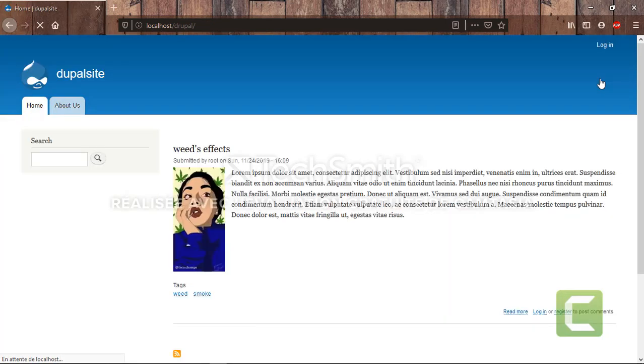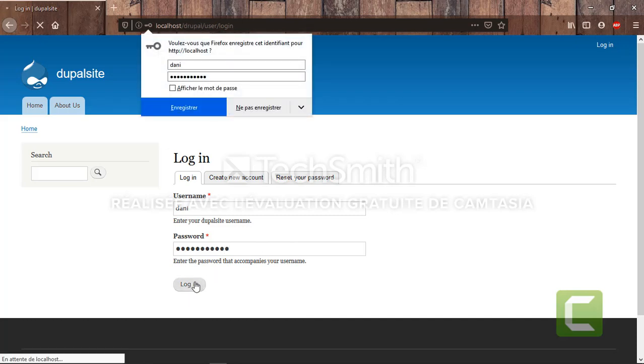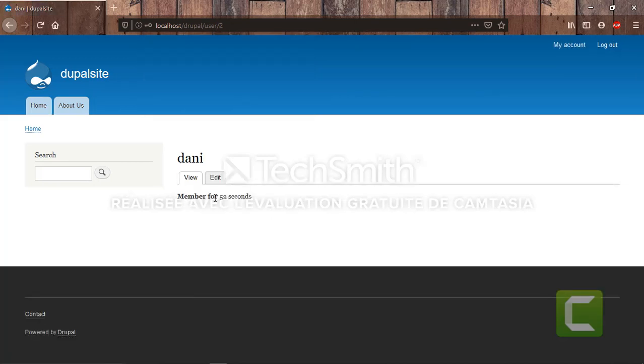And if I log in with the new user I've created, which is called Lenny, which is my name, if I log in as this authenticated user, you can see that I don't have these options I had in root because root is an administrator.